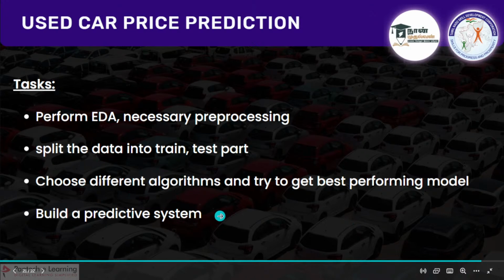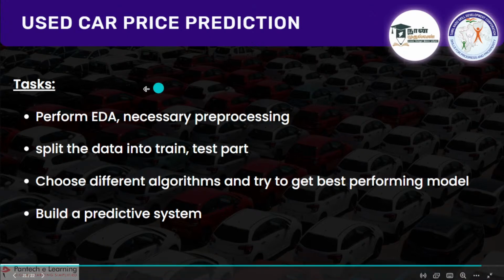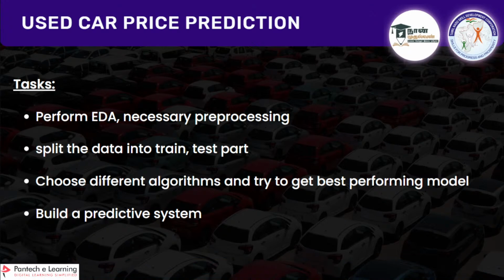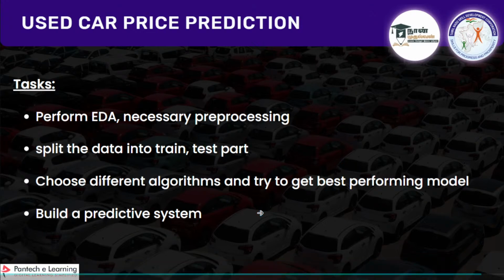If you have doubts, you can check the previous class videos. I'll be giving you 2 complete days for this, because you have already completed these 2 tasks. You just want to continue with the algorithms or do some more pre-processing. Try to get improved accuracy in this model and build a predictive system, so that every time the user runs it, it asks for the details of the car, which are your features, and then finally gives the output of the expected price.